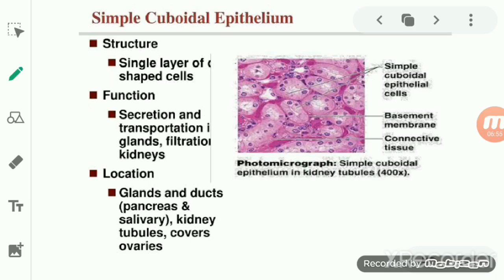Okay, so this cuboidal epithelium which is present in the respiratory tract has cilia, and the cilia are present at the outer region, due to which it helps in preventing the entry of any foreign particle. So it throws out that unwanted substance with the help of the mucus, or we can say it helps in throwing the dust particles out with the help of mucus.